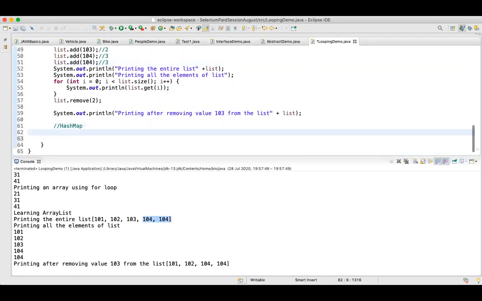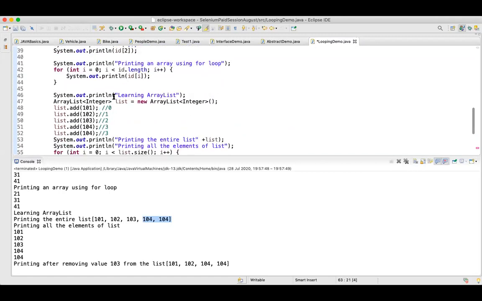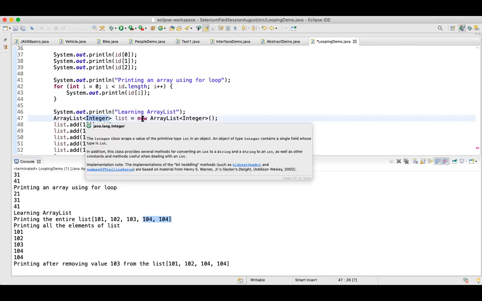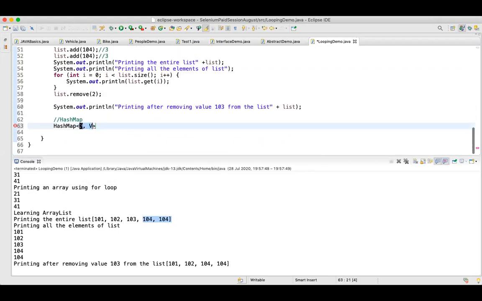In a similar fashion in a hash map, when I create a hash map, you can see there is key and value. I'm getting K and V: this is key and this is value. For an array list, I just had to define one data type, that is integer. But for a hash map, I have to define two data types. So I'm defining Integer, comma, String, and my map is equal to new HashMap. What I have done is I have created my hash map.